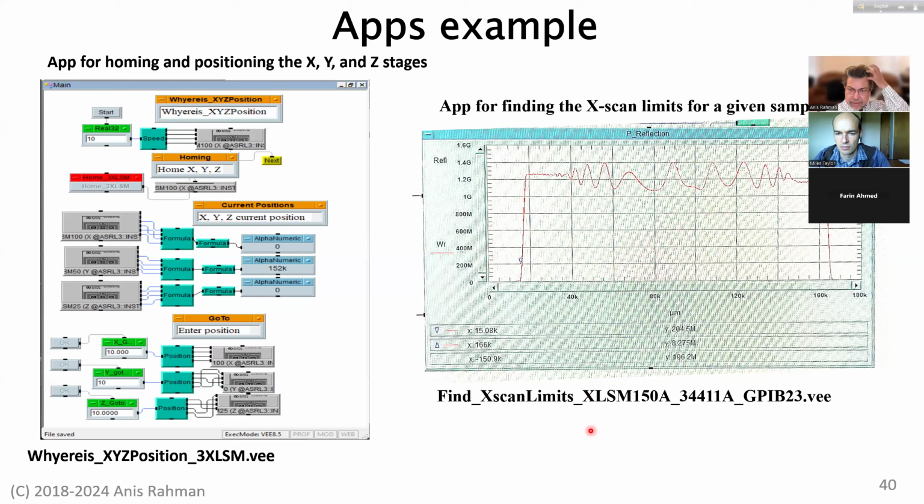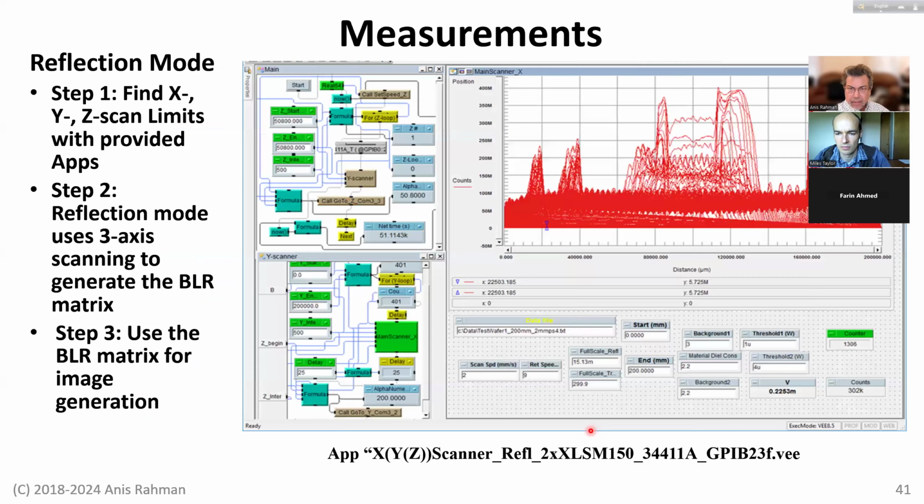Similarly, there are Y-axis and Z-axis, and everything then goes into this front-end piece, which we call the main scanner. It has a data file name, start position, end position of the X-axis, how fast to scan, how fast to return back,